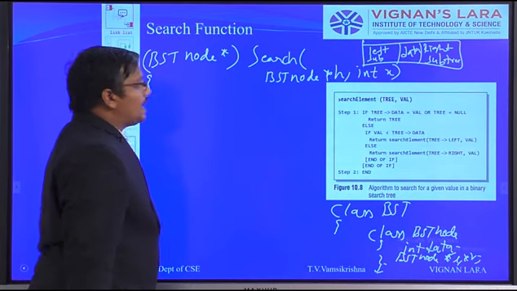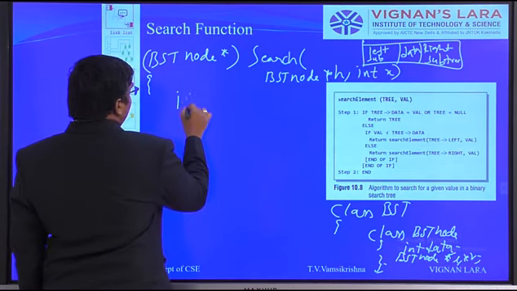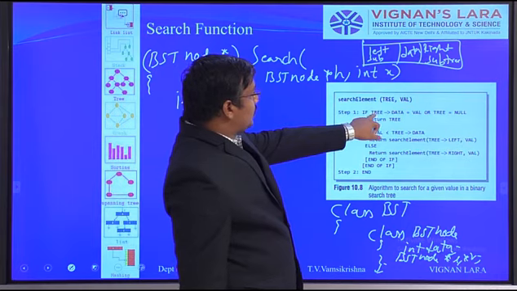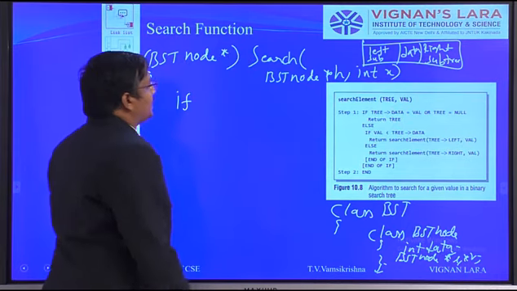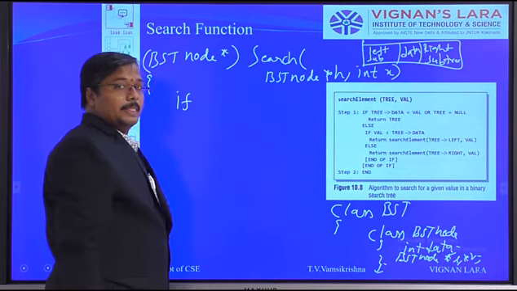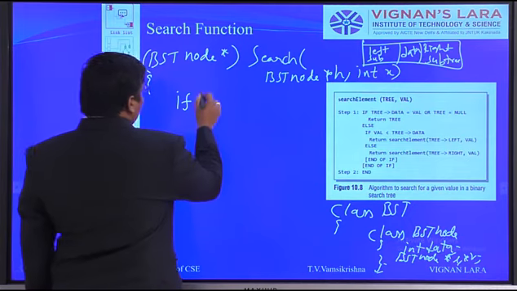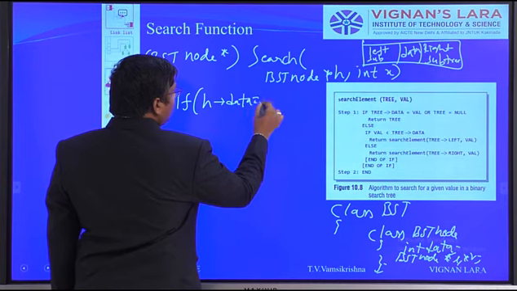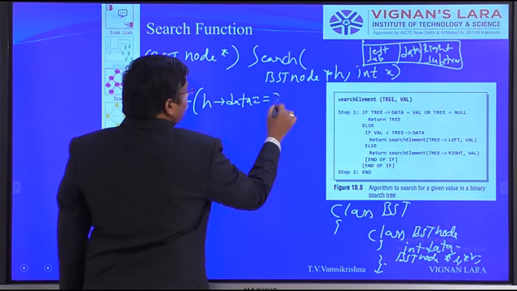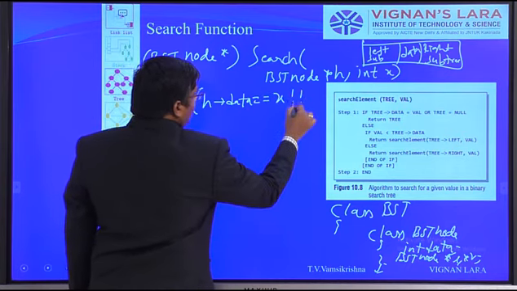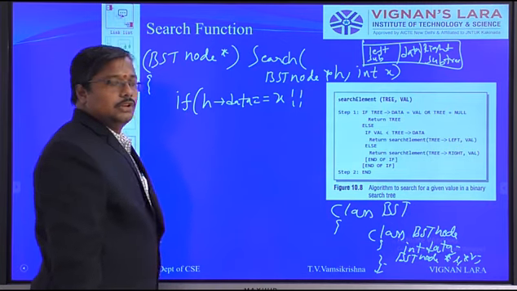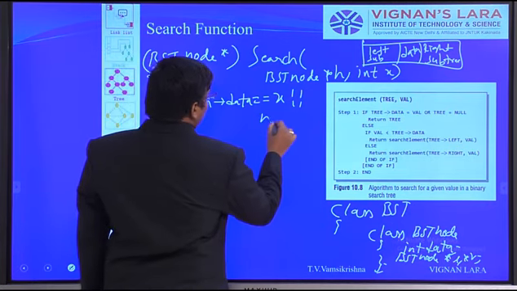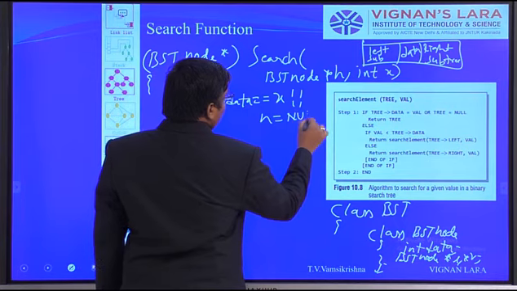So first we need to check what the algorithm specifies. Tree of data means the starting node, and the starting node address is in H. So first we check whether H of data is double equal to X, logical OR, suppose H equal to null.